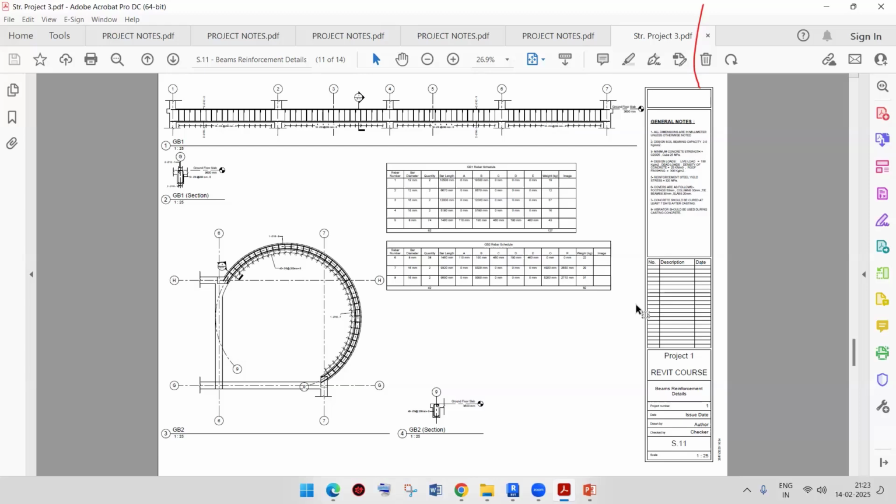In SketchUp also, you might have seen that you do the modeling in SketchUp, and after that you do the rendering in either V-Ray, Lumion, Enscape or Twinmotion. Those are the rendering engines, right? Similarly, the Revit to Lumion workflow is also there. In our current task, we do the modeling in Revit, export our model into the Lumion file format, and then import that model into Lumion and apply materials,